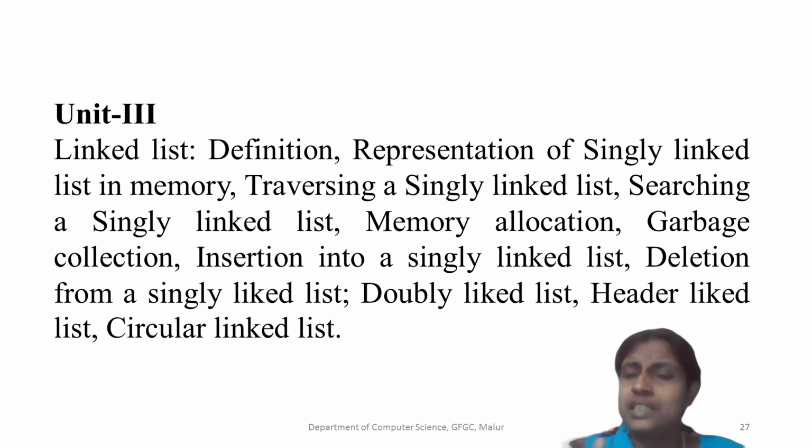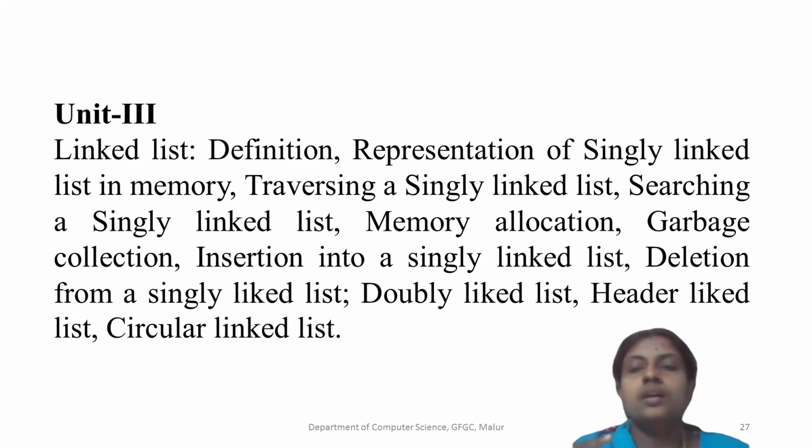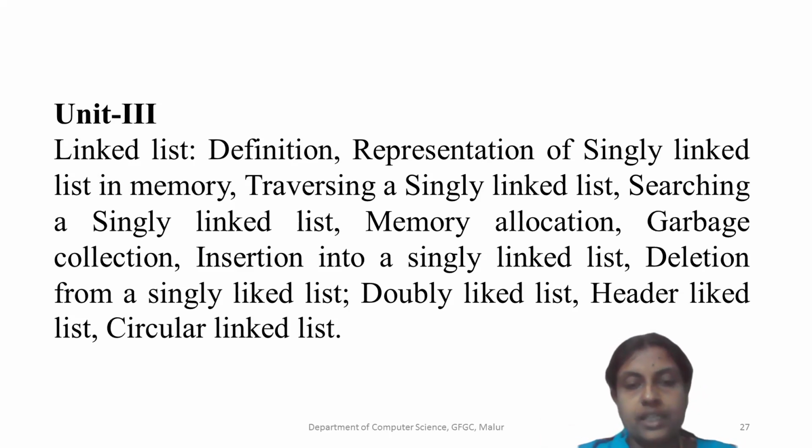If you study single linked list, you can use the same thing for circular, with only one difference. In a header linked list, we need to check whether PTR is not equal to start. In the other two, while traversing, we check PTR is not equal to null. Otherwise, the algorithm is all the same. Then insertion and deletion: if you are thorough with any one single linked list, and you remember that, studying circular linked list insertion and deletion will be very easy. So these are the concepts covered in our third chapter.